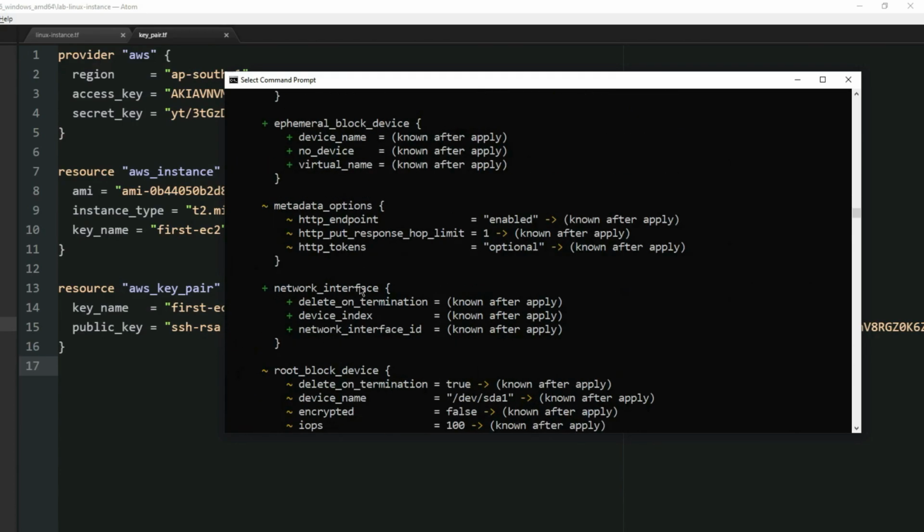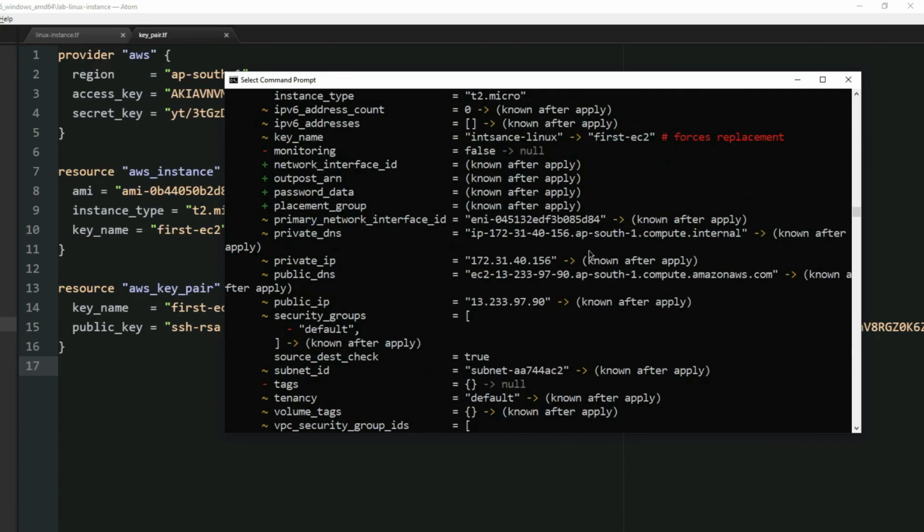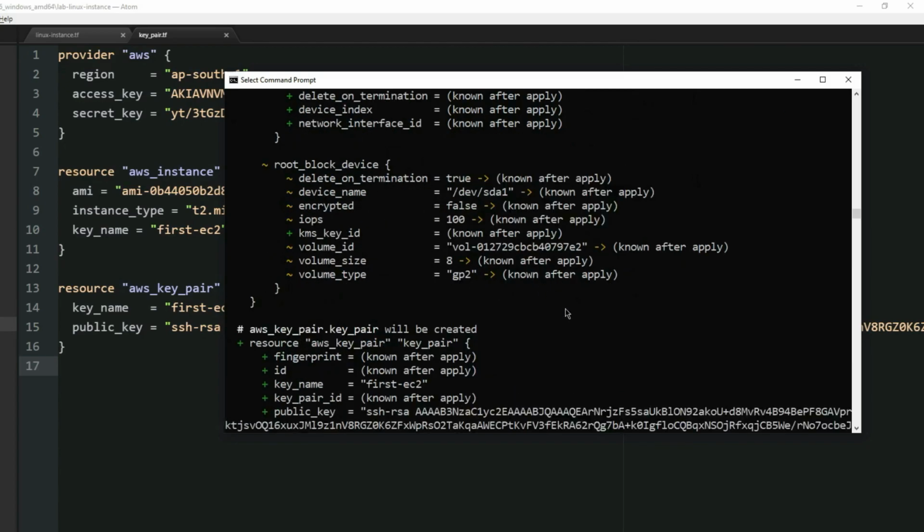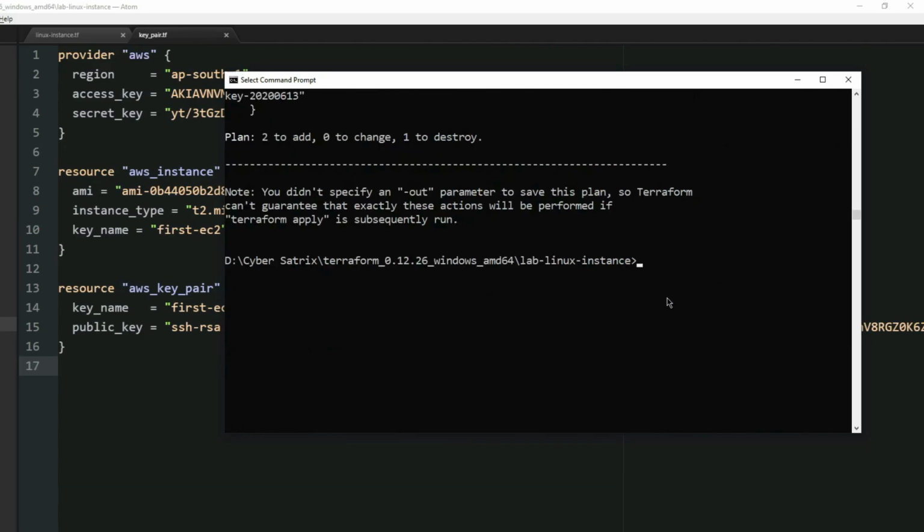And if you see on the top, it basically used the same private IP address and all that, but it is going to be changed. It's going to destroy the whole instance and create a new one, and it will change the key name from instance-linux to first-EC2.